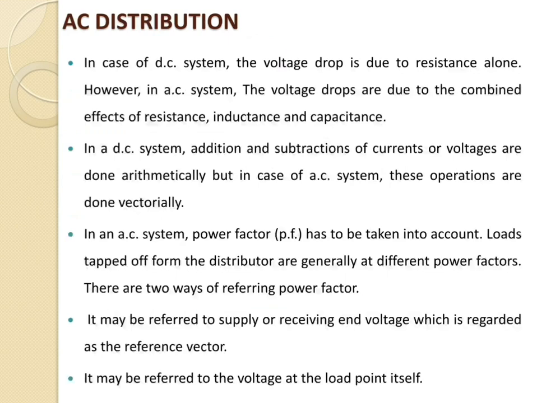In the beginning of the electrical supply, electricity was generated, transmitted and distributed as direct current. The principal disadvantage of the DC system is that the voltage cannot be stepped up. If we go through an AC system, the voltage can be stepped up with the help of a transformer. So nowadays the AC system has become very economical for the consumer.